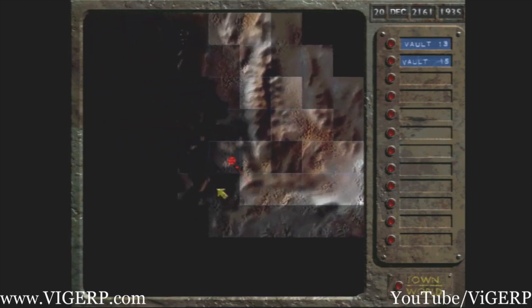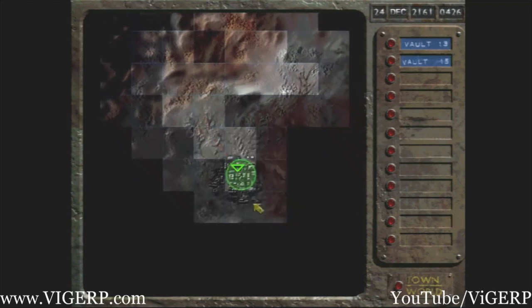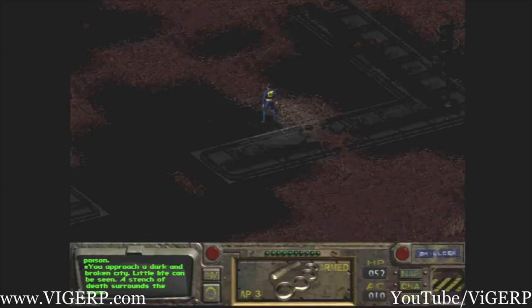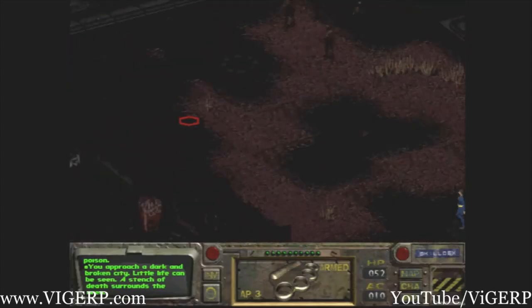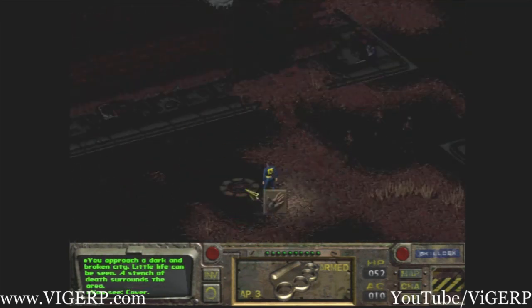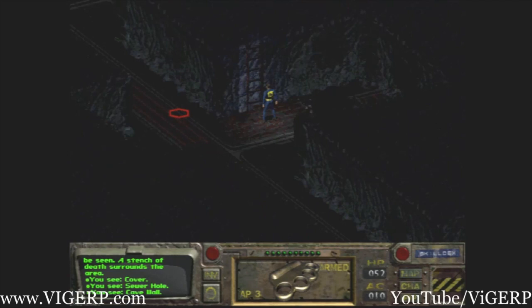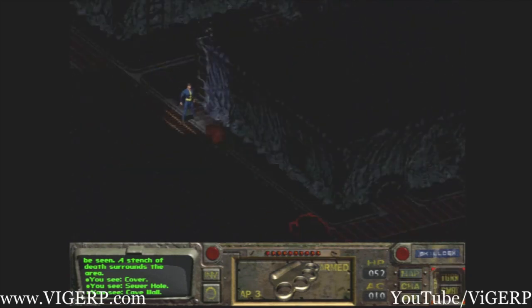Now here I actually got a little lost, so I was wandering around trying to figure out if I walked too far, and nope. So welcome to Necropolis. Typically this is a very difficult area filled with ghouls and super mutants. We're just gonna go straight into the sewer, where we get ambushed by a couple of mole rats. So we'll go and finish those off, and the sounds they make are just...